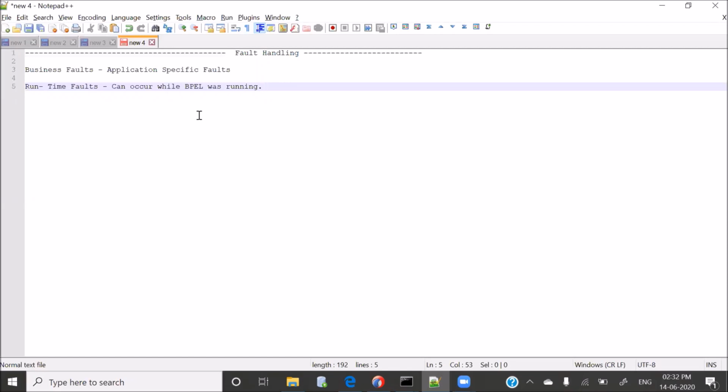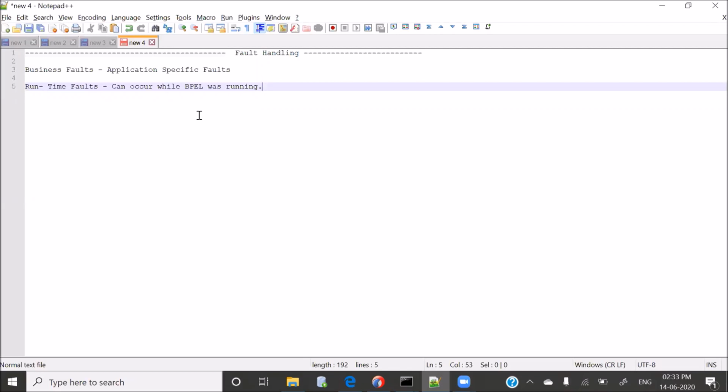So from one of the database tables, let's suppose you are taking the employee information of those who are working in some particular department. But let's suppose in one of the departments there are no employees. In that scenario, you do not want to proceed further. You want to stop your business process there itself and throw an error. So that comes under business faults.